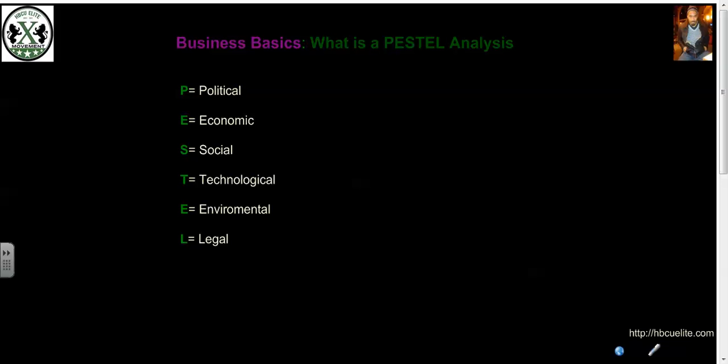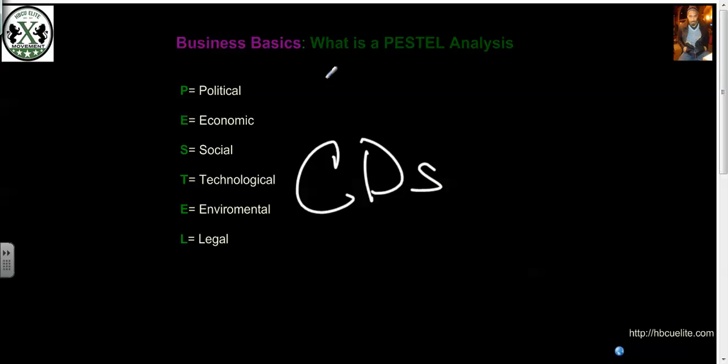And to give you an example of how a disruption or change in any one of these things works, P standing for political, E for economic, S for social, T for technological, E for environmental, and L for legal, just think back to what I mentioned about the MP3. When you think about it, before Apple came along and the creation of iTunes, CDs pretty much was the way that music was sold and distributed.